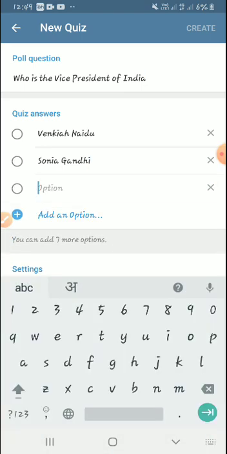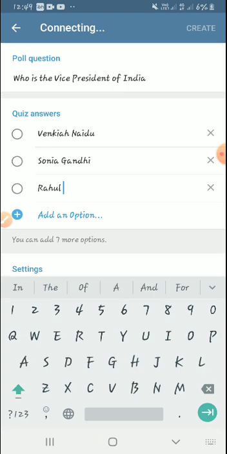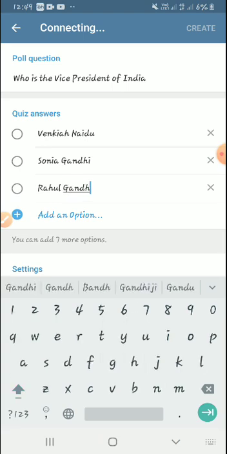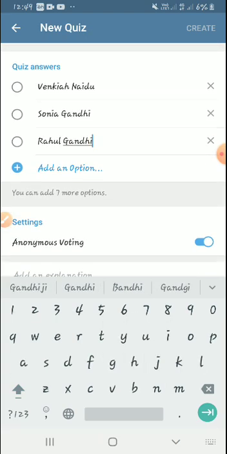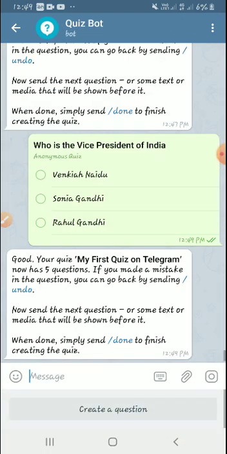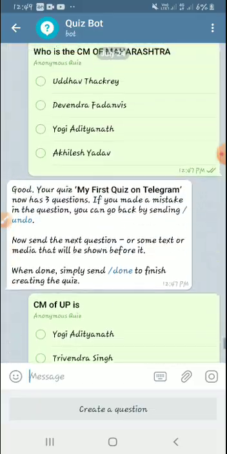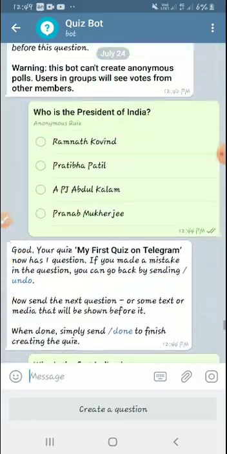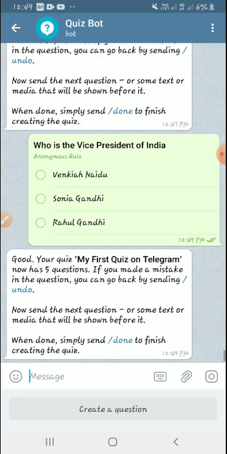We can add Rahul Gandhi. And I choose the right answer. Now I click on create. So in this way we can create as many questions as we need. If you want to add, we can click on create questions.